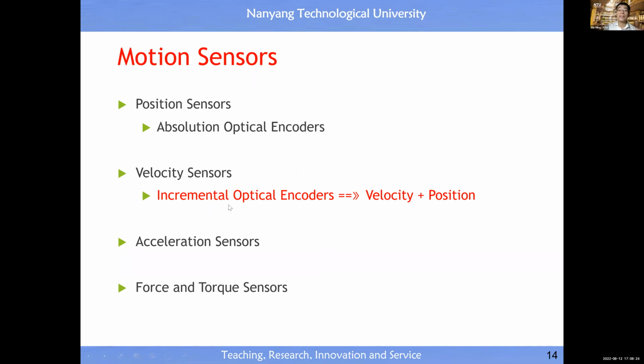Why do we call it incremental? Because we only measure displacement. Accumulation of displacement within the time window divided by time is the average velocity. So incremental means we accumulate the displacement. Then we know the displacement within the time window, right? But if we have a reference position for us to start the integration or accumulation, then the result will be position. It's like doing integration, all right? So from the keywords, actually you can find out all the physical principles behind the design of these kinds of interfaces, right?